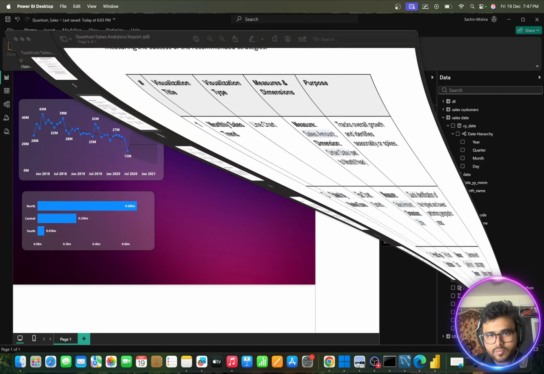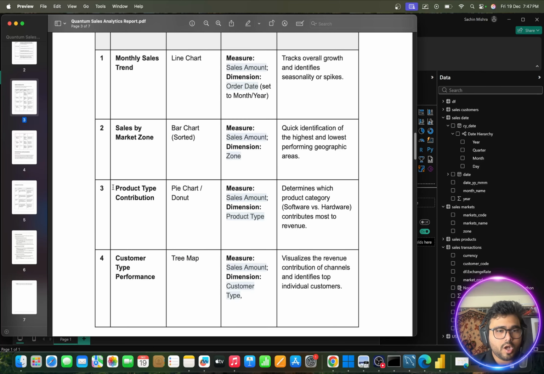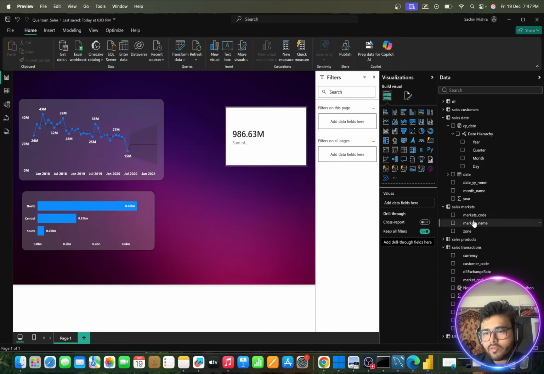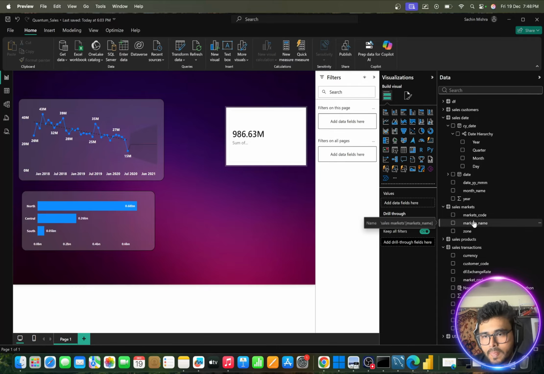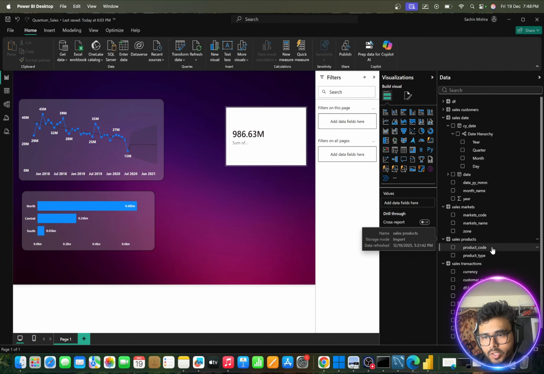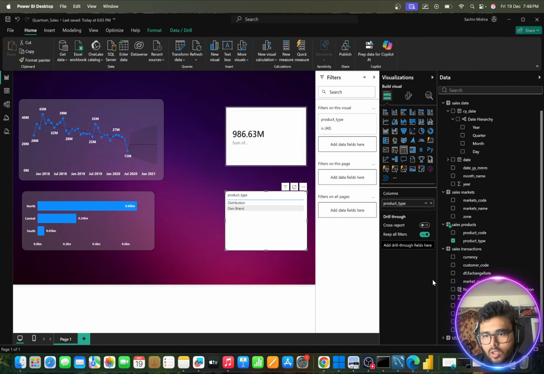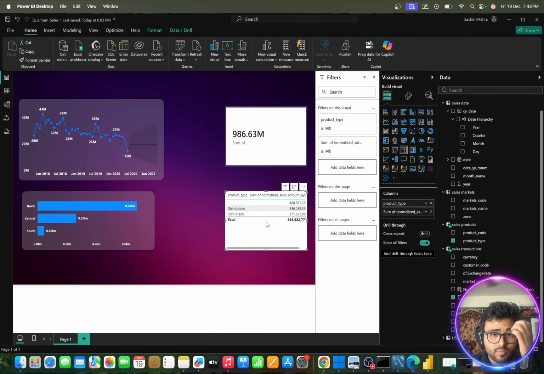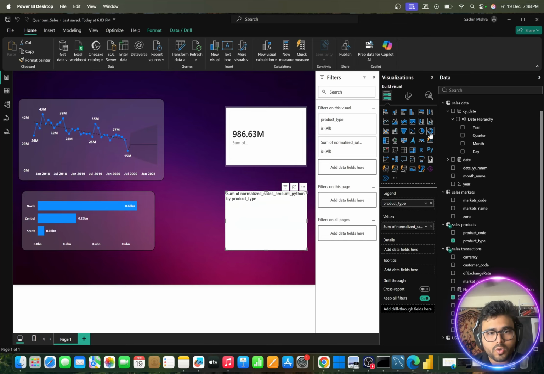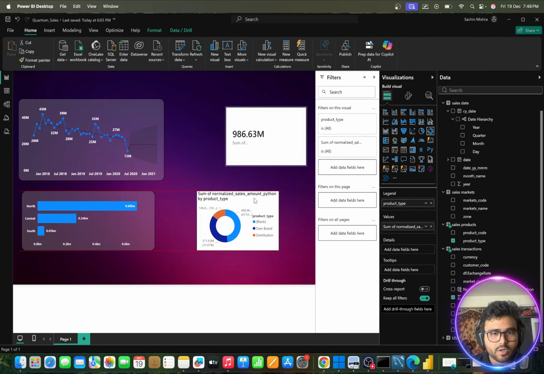Next we have a product type contribution, right? So product wise I want to see my sales. So for that I have the product table, and here we have product type and this one. Okay, maybe I can go for pie chart or donut chart. Let me click on this donut chart,